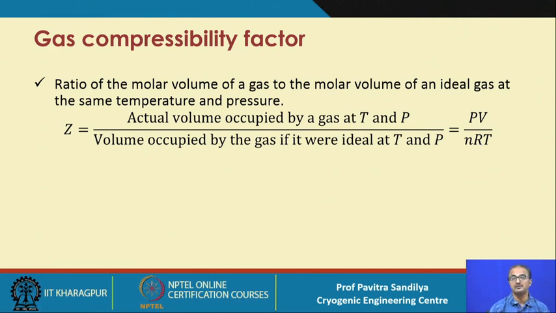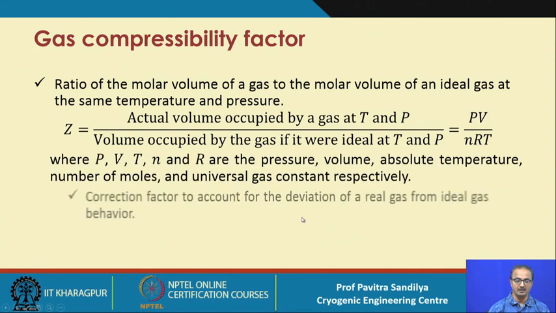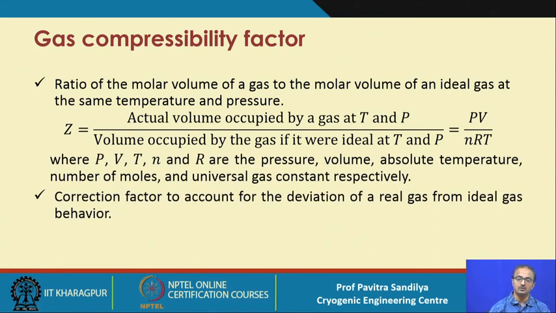Perhaps all of you know the difference between the universal gas constant and the gas constant. The gas constant is a function of the type of gas. However, the universal gas constant is a constant which is applicable for all types of gases, and n is the number of moles. Now, if I know the value of Z, I can know the deviation of the